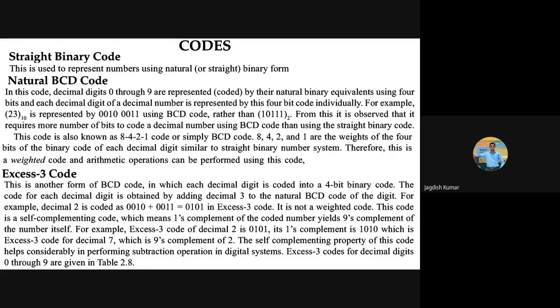So it is always told in advance what coding we are following. Now, 2 in XS3 code is 0101. Now you should ask why we actually need to go for this code, isn't it? It looks very complicated. Why add 3 unnecessarily? The advantage of this code is that it is a self-complementing code. Now, what do we mean by self-complementing code?